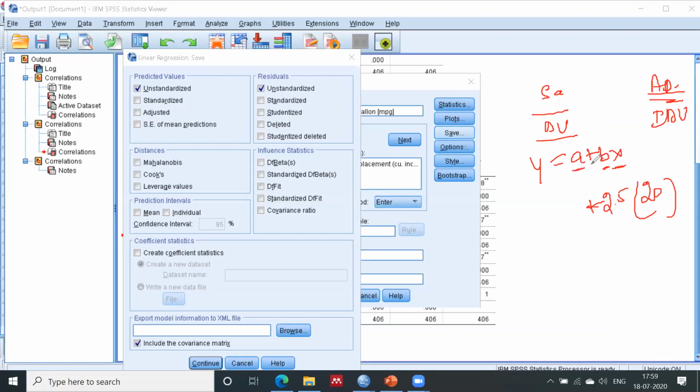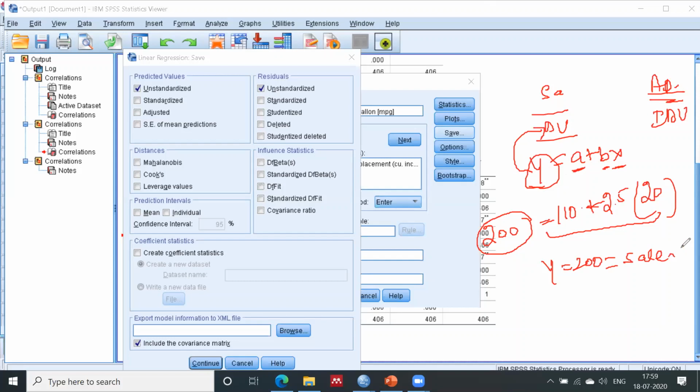A is what? Intercept. Suppose this is 110 point something. By calculating all these things, suppose you are getting 200, and this is your actual sales. This is your y. You will get the y, and y is my dependent variable. So my y is 200. That means my sales is 200.